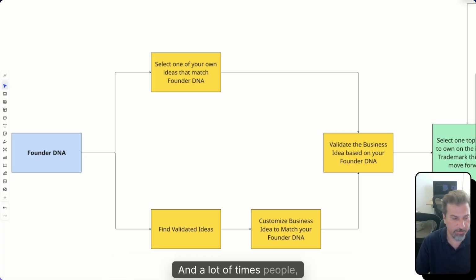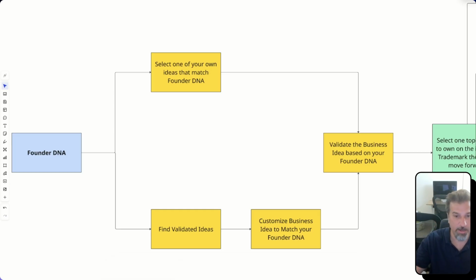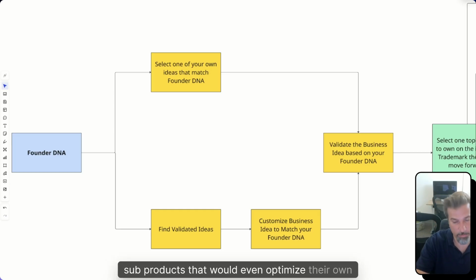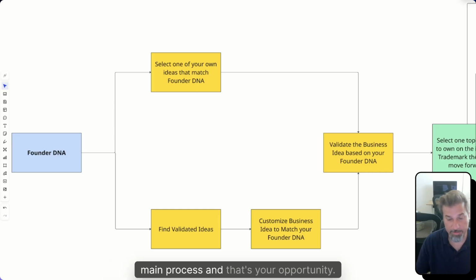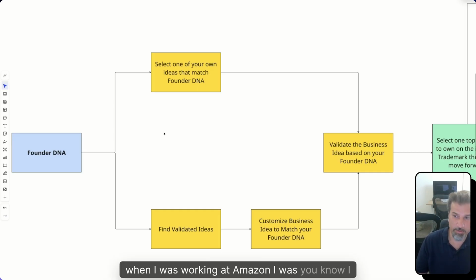A lot of times, businesses are so involved in working on the day-to-day that they do not have the time and energy to create sub-products that would even optimize their own main process. And that's your opportunity. For example, when I was working at Amazon, I joined a very brilliant team, and we